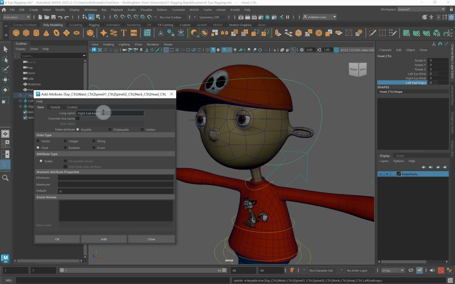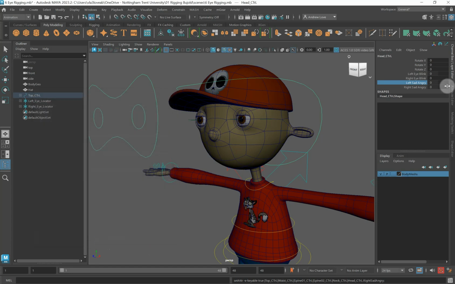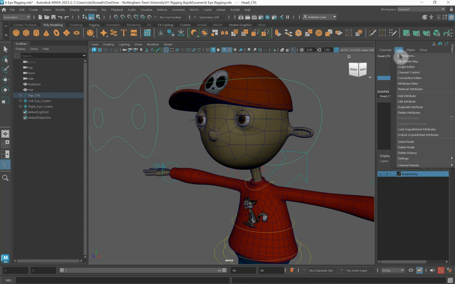Oop, angry. Right, sad, angry. -10 to 10. Add. There you go. So which one was it? Was it right eye blink? Oh yeah, you see, because I've not set maximum minimum, so that's how I'm going to do that. So I'm going to go right eye blink, edit